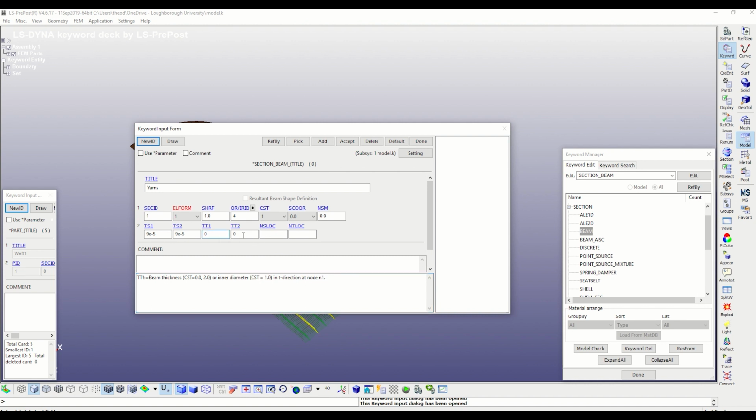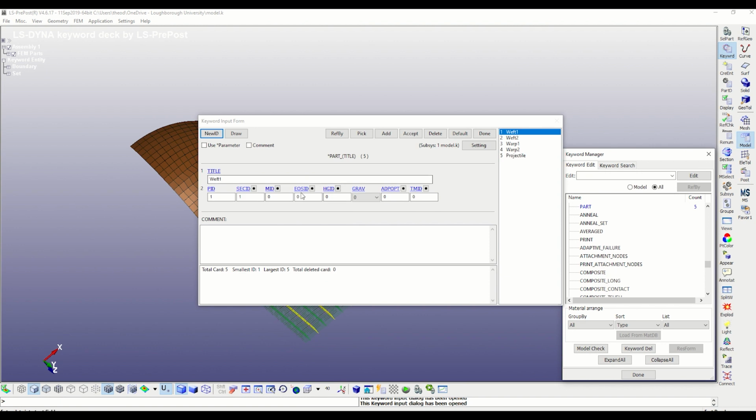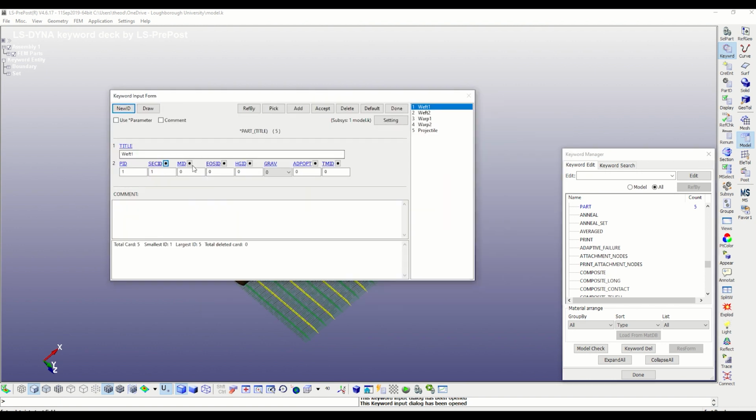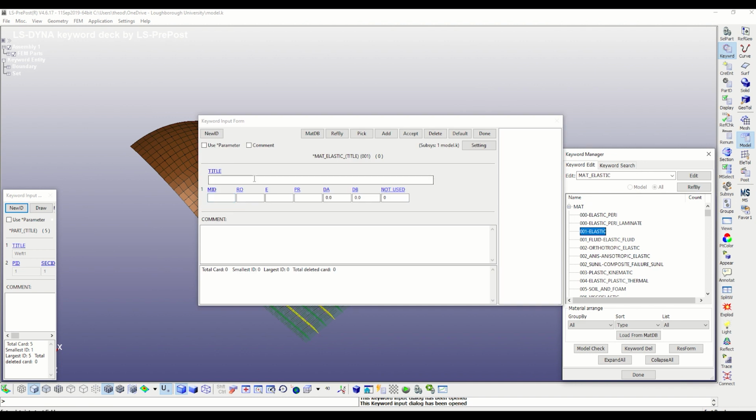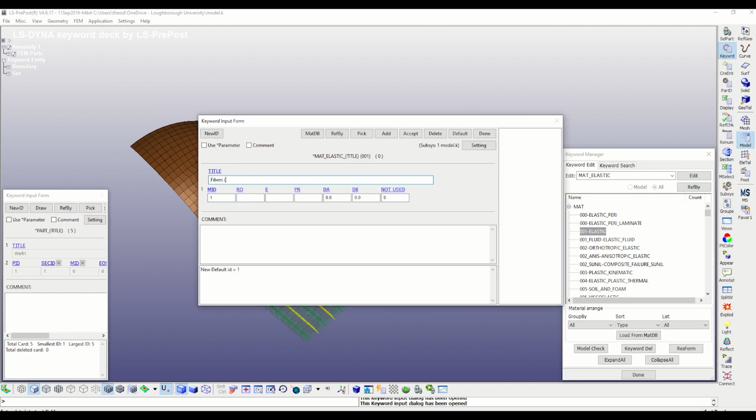Now that we have described the cross-section of the yarns, next we go and describe the material behavior. Since we are considering fiberglass, we'll assume the material behaves elastically and fails by brittle failure at the threshold stress. The material properties will be scaled differently for the weft and warp directions due to their different cross-section areas. And the threshold stress will be defined as the maximum principal stress through the MAT_ADD_EROSION card.